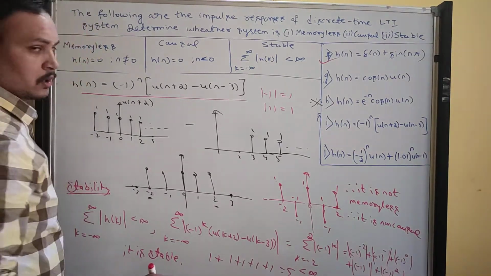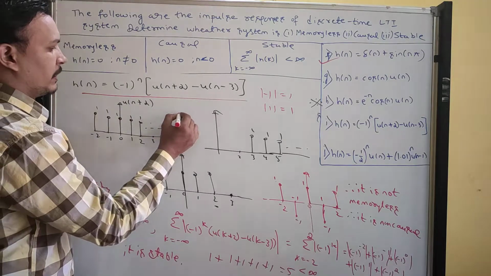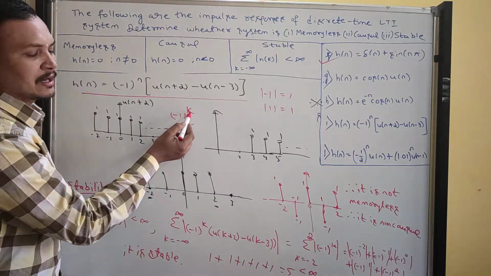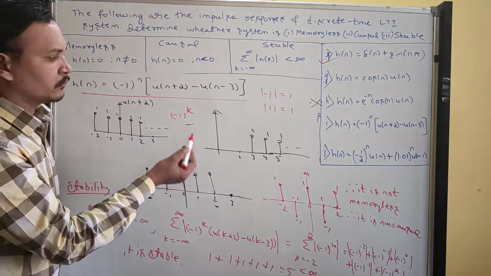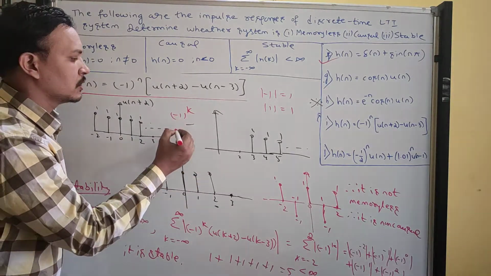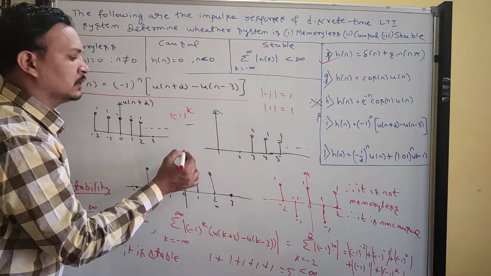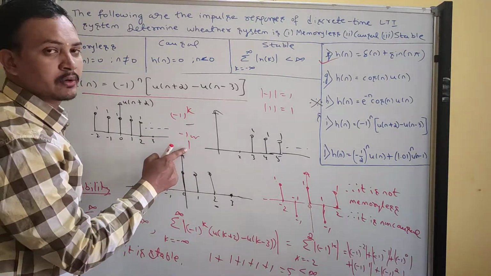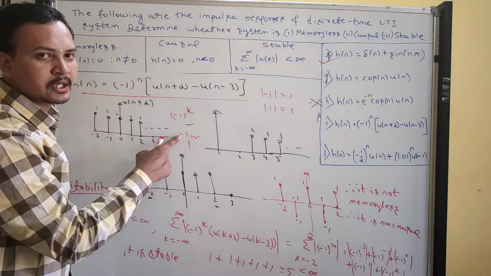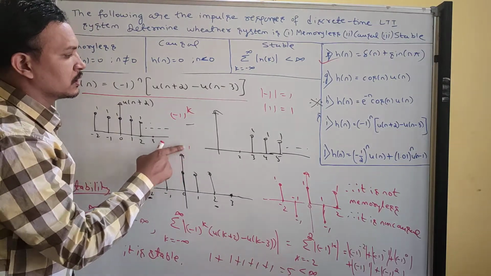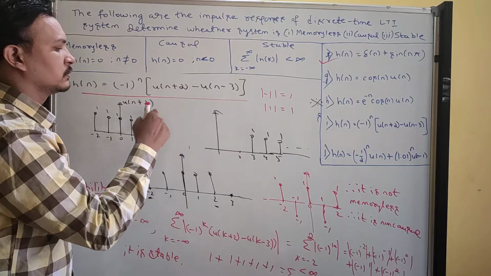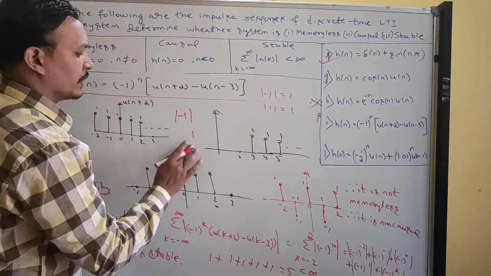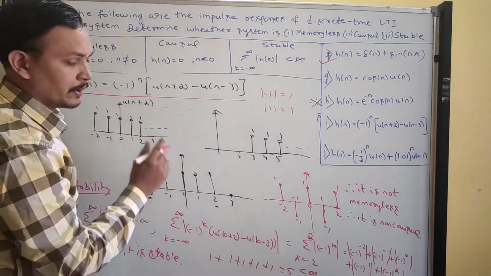Okay. See, now look at here. Here minus 1 to the power of, replacing n by k. Putting k equal to odd number or even number, what will you get as answer? Either you will get minus 1 or you will get plus 1. For even number you will get plus 1. For odd numbers you will get minus 1. Therefore, if I take directly mod of minus 1, what you will get? 1 only.